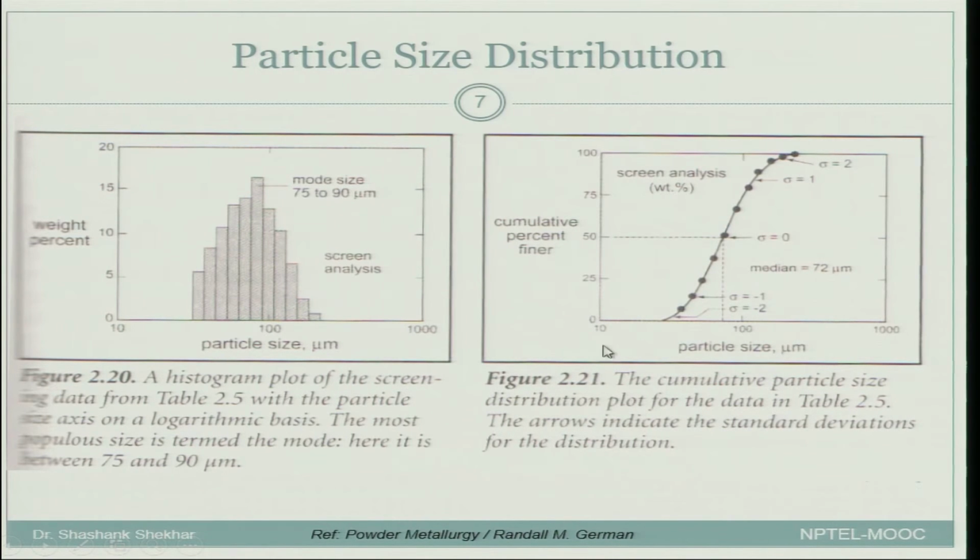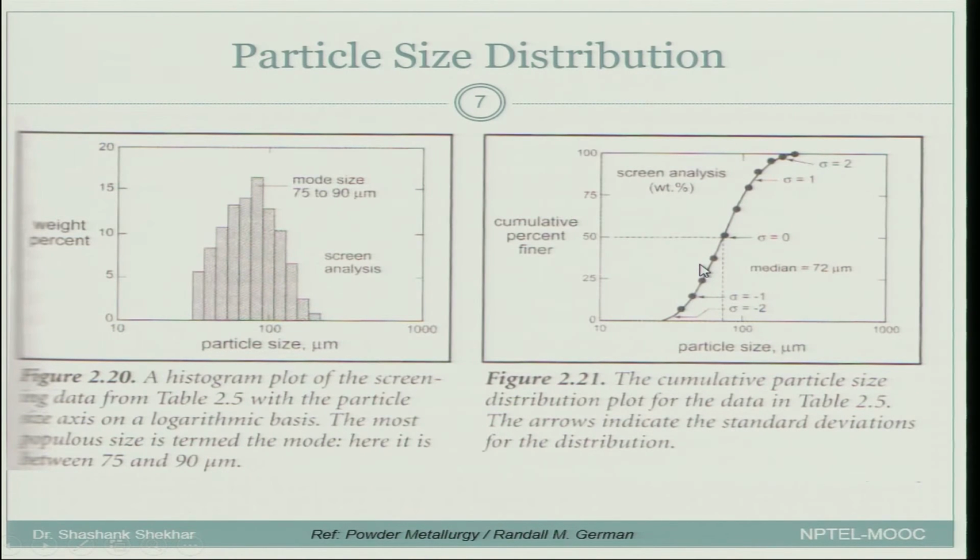And another thing is, you see in both of these plots, the x axis is in log diameter, because that is when you get the log normal distribution, and you can see it is roughly log normal. If we had a lot more statistics, it would have been a much smoother curve, but right now from the data it seems that the statistics is not too large. So you do not see a very smooth curve over here. It could become very smooth if you have much larger statistics, and this is the corresponding cumulative distribution.